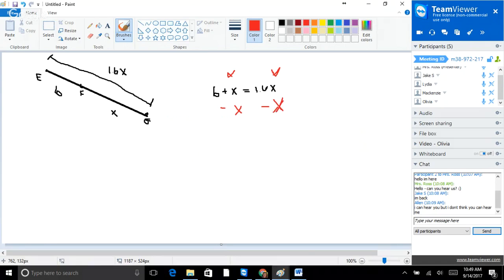What I'm left with on the left-hand side is just a 6. And on the right-hand side I have 1.6x minus x. Does anybody remember what's implied if you don't have anything in front of x? Just a 1, right? So 1.6x minus 1x just leaves us with,